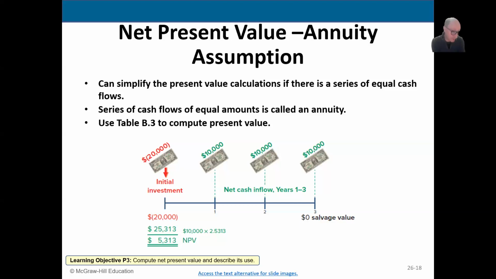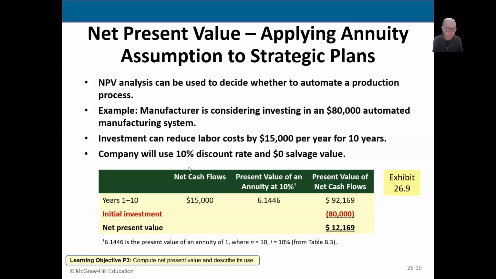That's how we find net present value. You can do the same exact type of concept when you're investing for retirement. Your initial investment is the amount that you're putting in today. Net cash flows represent the amounts that you would receive in the future. So net present value is the value of that today. This is one of many examples, so I'll show you a couple of others.